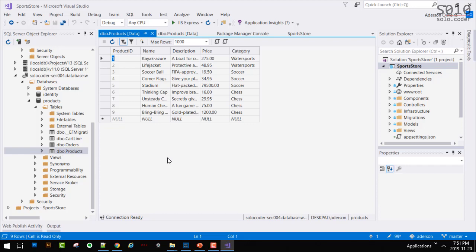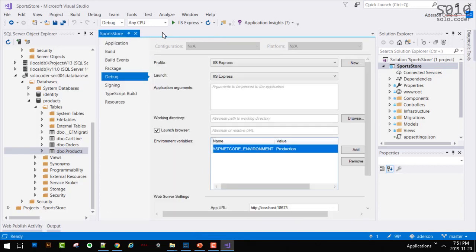To host the application, to deploy the application. Our application is not deployed there. When I run it now, it's running from my local system, okay? So I need to get a URL. The goal of this whole thing is to have it fully running from Azure. So we have the data, we have the database, but we don't have the application yet. So let's take care of that now.